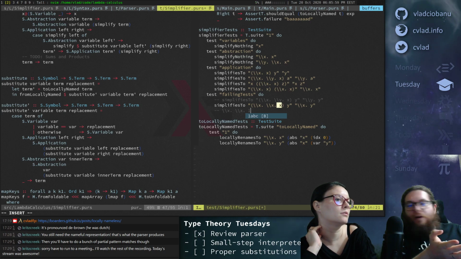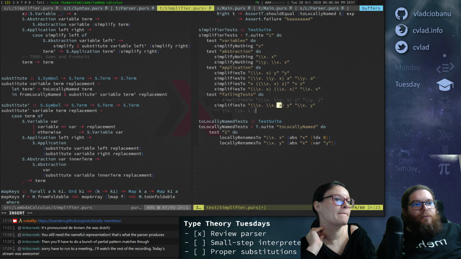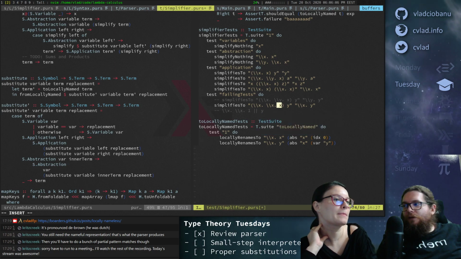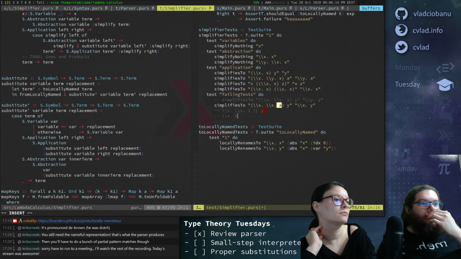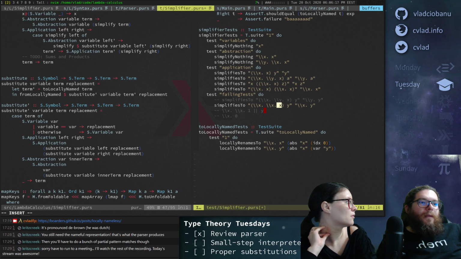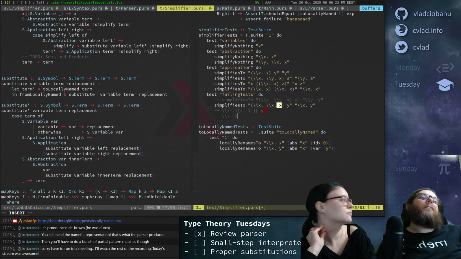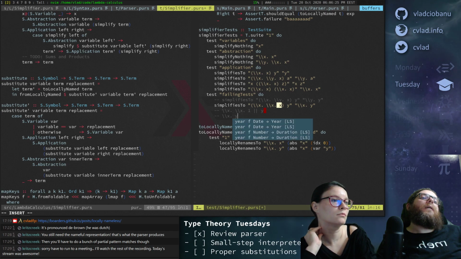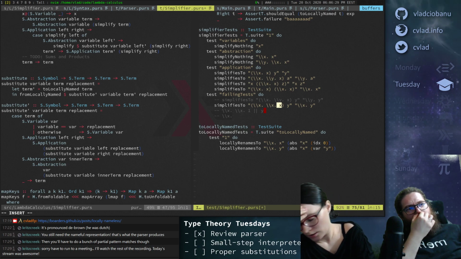Okay. With our alpha, with our locally named thing, right? And then we should replace it, we should apply y here, right? The result should be x 1 with 0. Why? Okay, it should be x1, but then this one needs to become y. No. It needs to become... wait, what does it become?